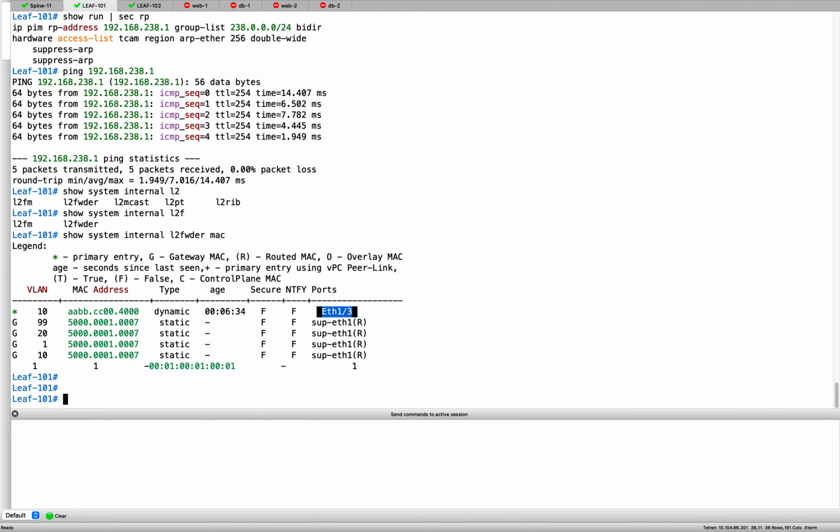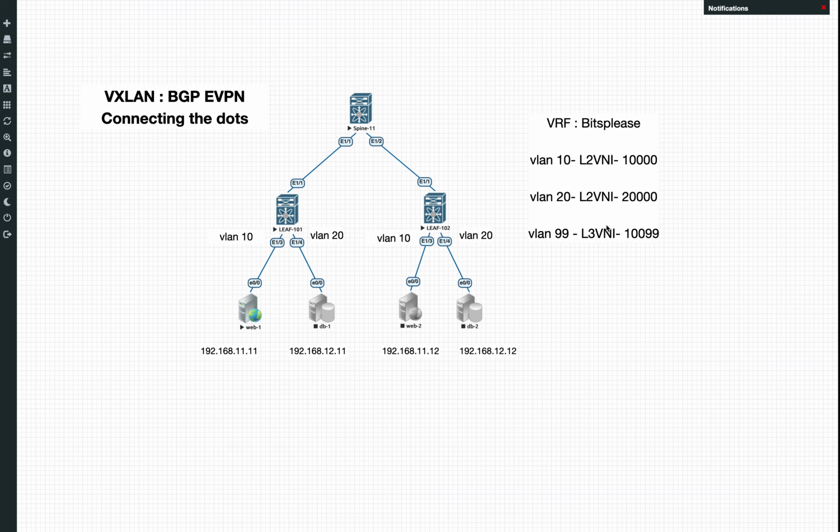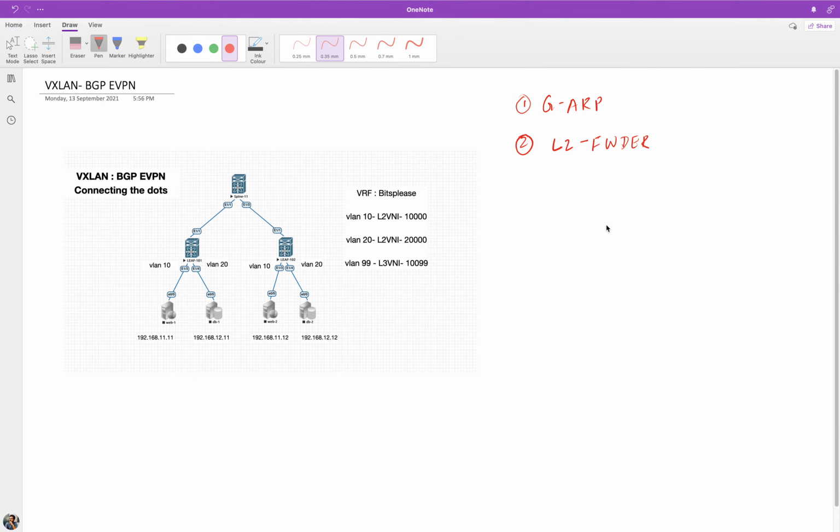Okay. Now next, the L2 forwarder component which we are talking about installs this MAC route into another table called the L2 RIB. So let's call that out. Let's write it in our notes because it will be easier for us to review at a later part. So next is,